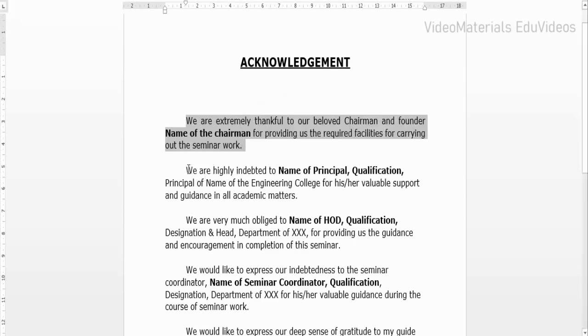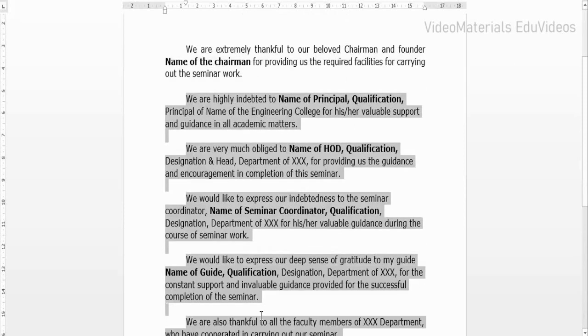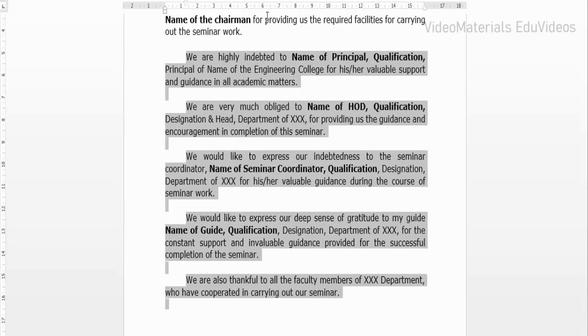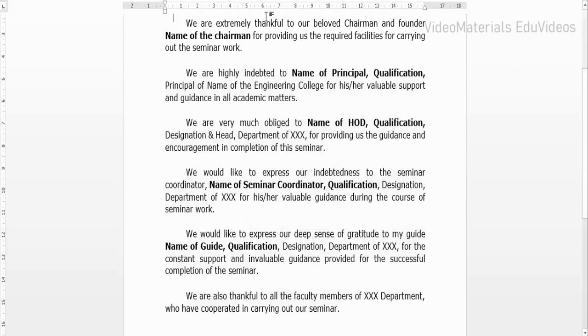Now I am going to select the remaining lines, and I am going to format this content with the help of the shortcut Ctrl+J to justify the content. And I am going to remove the line gaps.